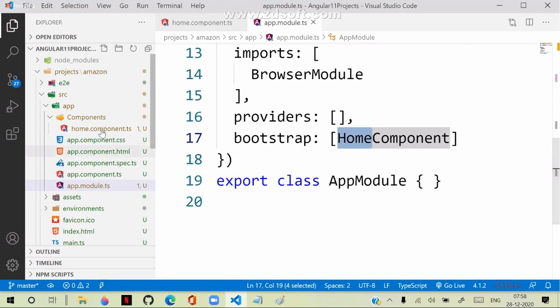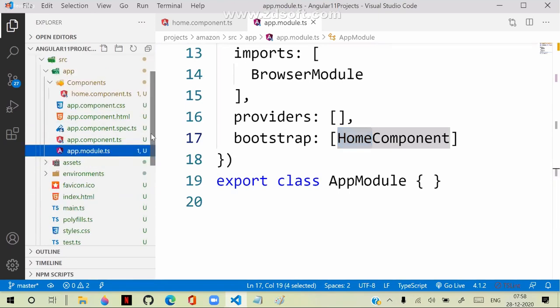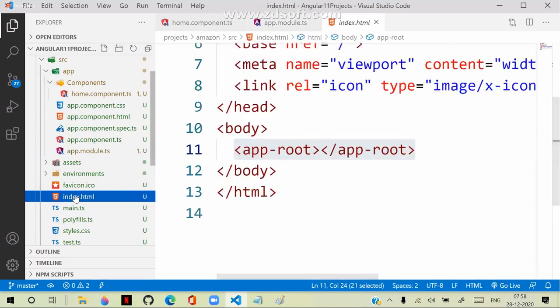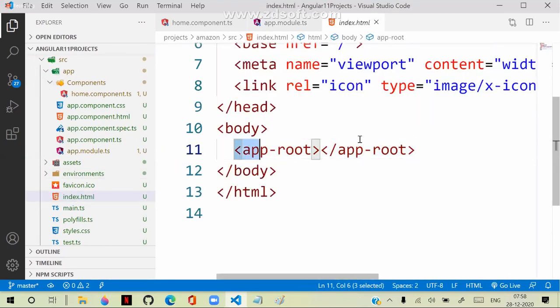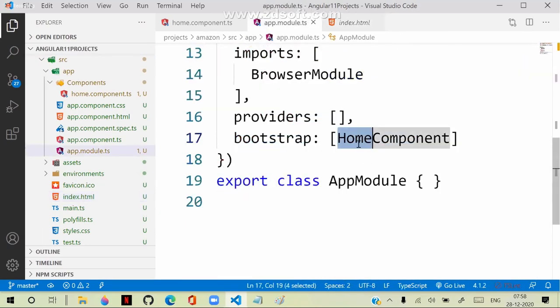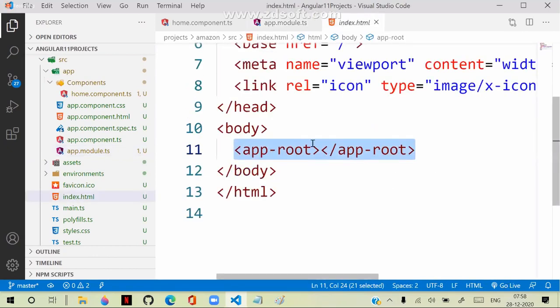And let's go to the index page. You see in our project, we have index.html page. In index.html page, in the body section, if it is accessing some other component which is not matching with what is mentioned in bootstrap, then it will show an error saying that you are trying to bootstrap home component, but it is not accessed here.